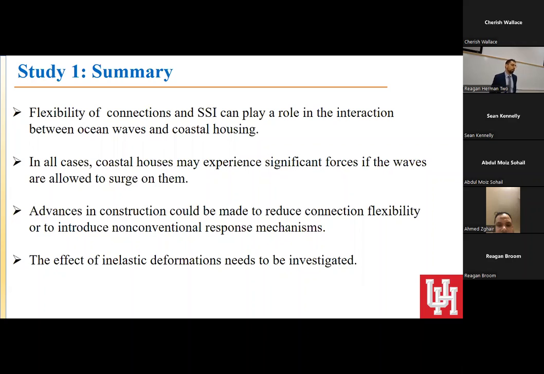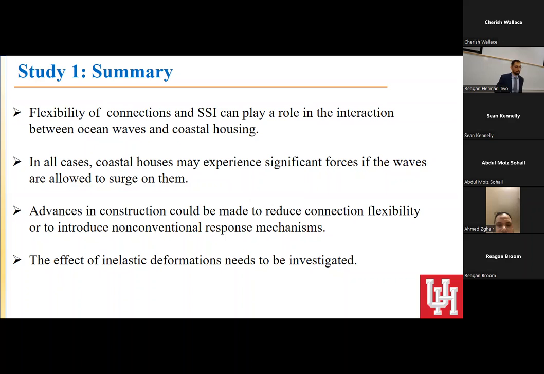Here, we assumed always that the house will not be at an angle to the wave, because when you build a house on the coast, you want to see the sea, right? So you want to build diagonally to reduce the wave loading, and advances in construction could be made to reduce connection flexibility or to introduce non-conventional exposed mechanisms. This goes actually to a further study we're going to do to see how we can reduce the loading by